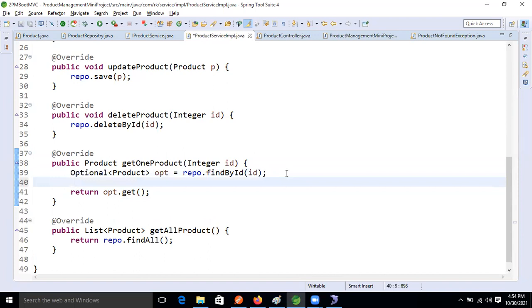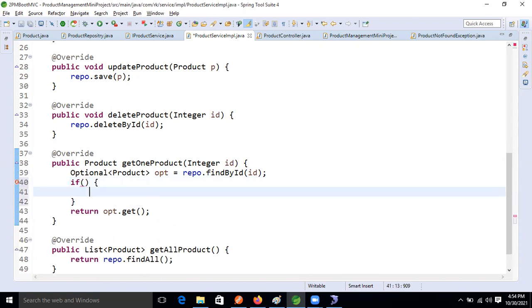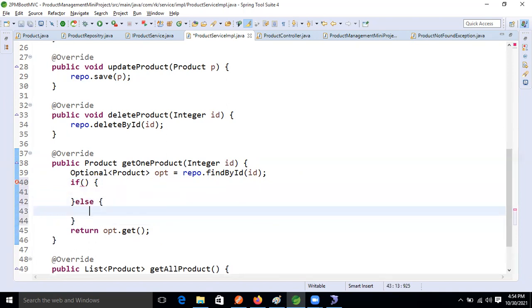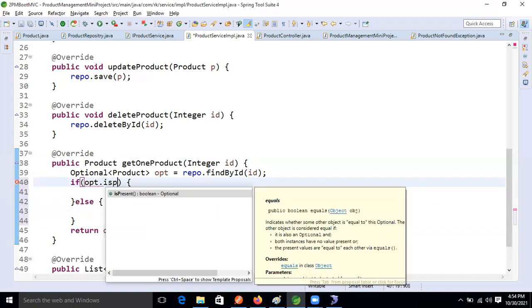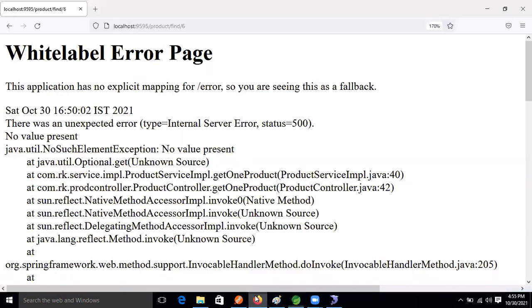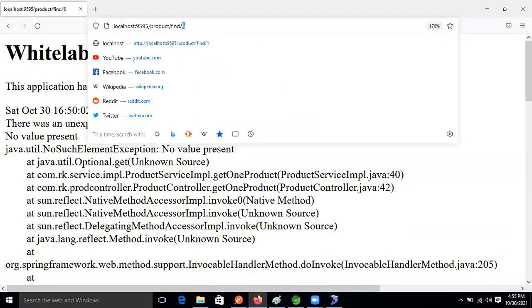Okay, so see this. See here I'm checking a condition, right? Two things I'm taking, if and else. If the optional is there, let's take opt.isPresent. If the element is present, meaning if I come here on the browser and check whether the element with id 1 is present, right?